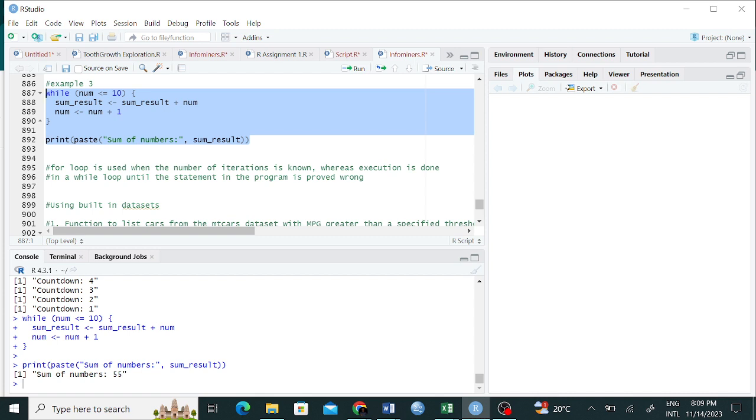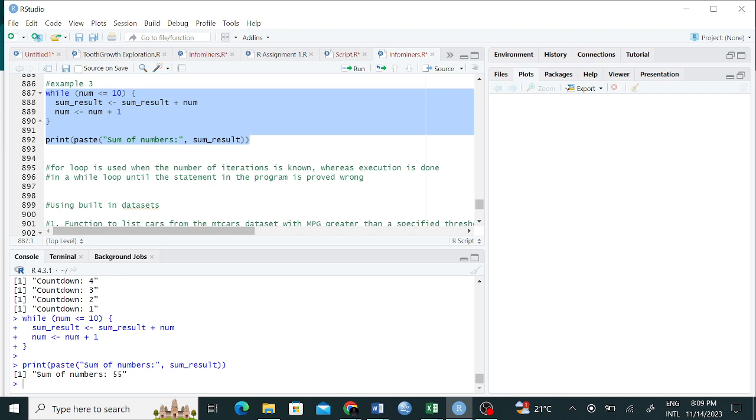When we know the number of iterations, then we use for loop. When you know how many times you're supposed to be iterating, it's a for loop.